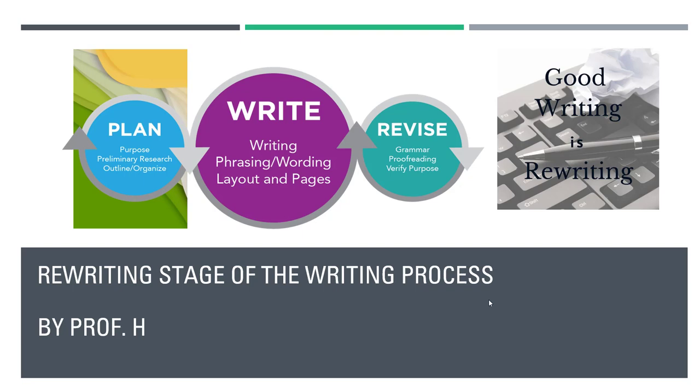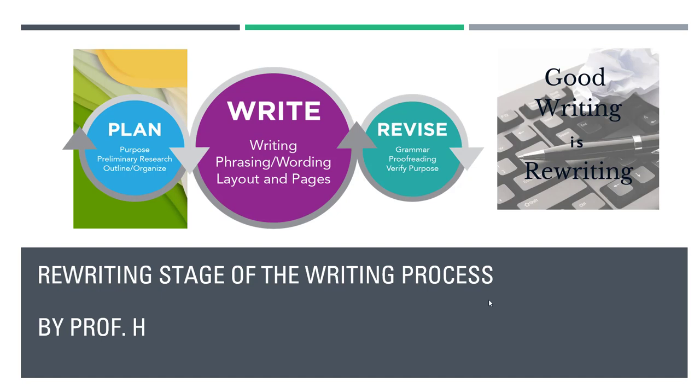In this video, I'm going to go over the third stage of the writing process. So remember, the writing process has 3 stages. It has the planning stage, which is the pre-writing stage, where you come up with this essay topic and an outline and a thesis. Then you have your writing stage, where you transform your outline into a 5-paragraph essay structure. Then the last stage of the writing process is rewriting, where you revise your essay for essay structure mistakes, grammar